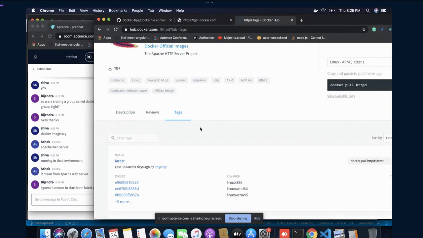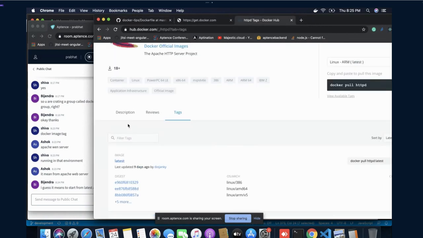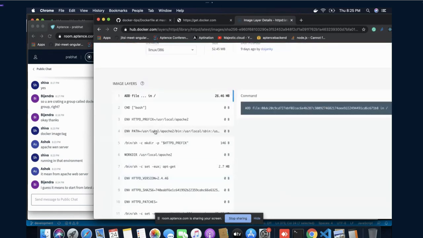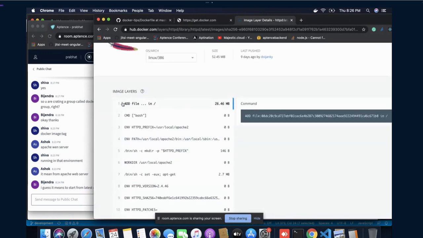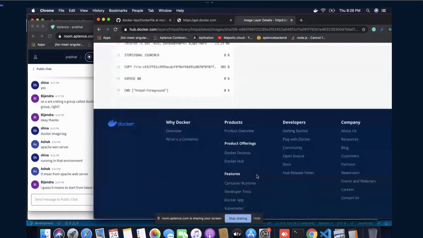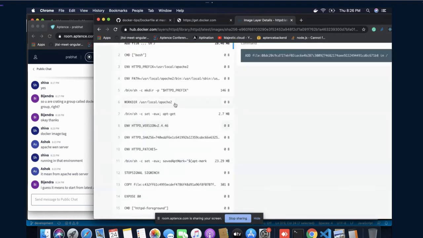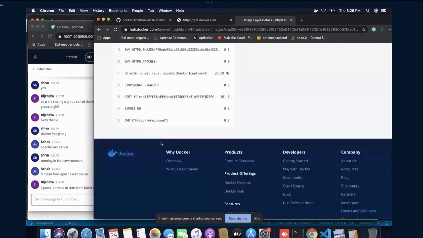Technically, whatever code that we have, we are using it here. Let's click this one and see. If you see this file, these are the steps that we are performing.